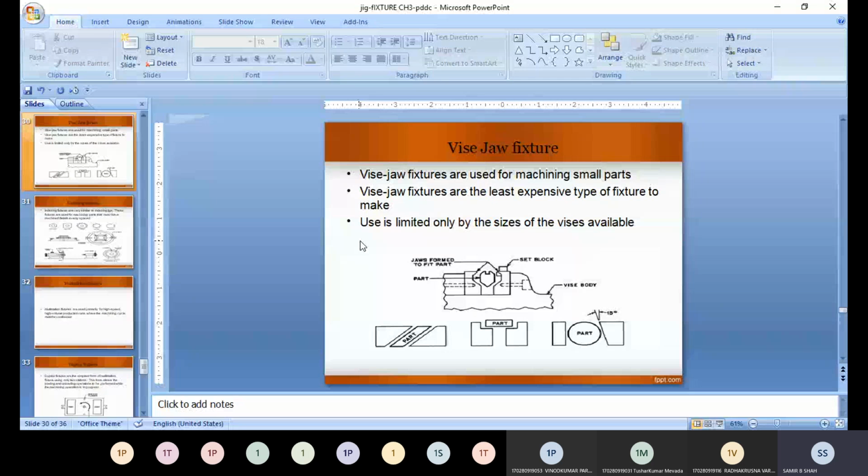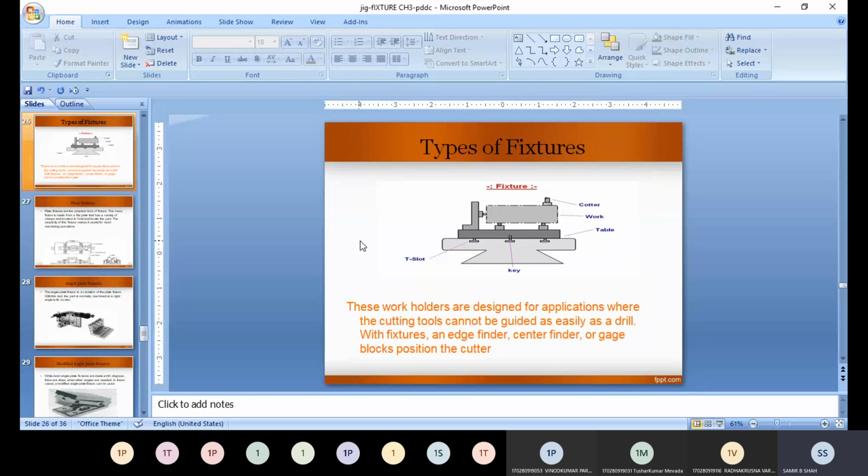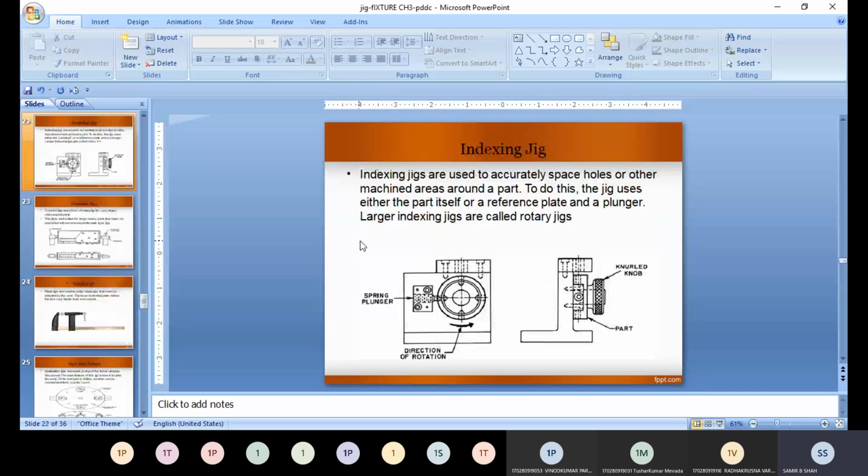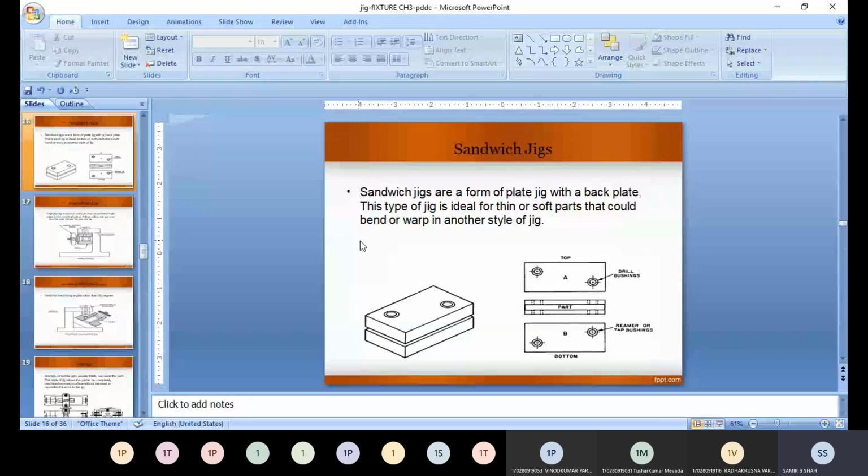If we visit any mechanical industry, mostly we find the vise jaw, or the simple basic type of jig and fixture that we discussed initially. So these two kinds of fixture are mostly preferable.